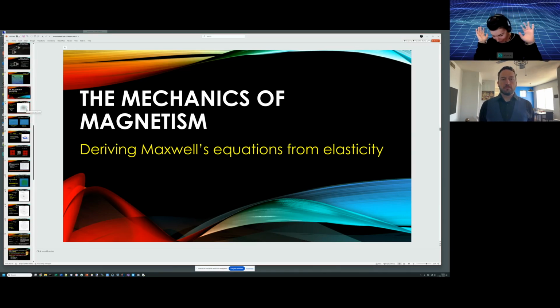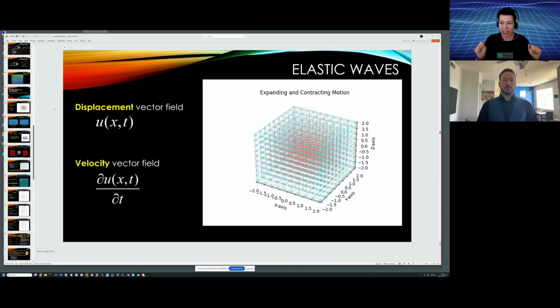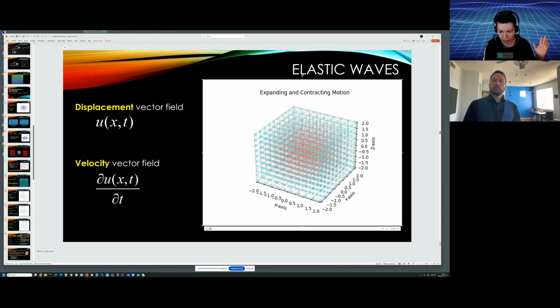So okay, a totally straight change of topics. Elastic. Now we have been talking about this elastic solid, so let's dive a bit more into what we mean by that. Here is just a simple animation of some expanding and contracting motion, right? We have this elastic solid, and to do calculations with it, we create a grid on top of it, like you do in a computer simulation. You need some kind of coordinate system just so you can do calculations.